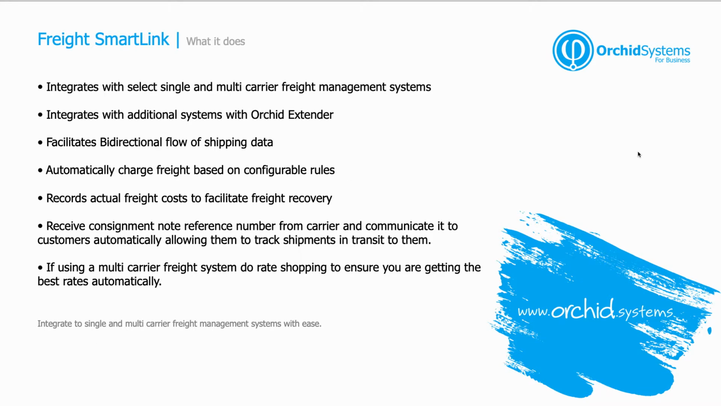Freight Smartlink integrates with select single and multi-carrier freight management systems, integrates with additional systems with Orchid Extender, facilitates bidirectional flow of shipping data, automatically charges freight based on configurable rules, records actual freight costs to facilitate freight recovery, and receives consignment note reference numbers from the carriers to communicate to customers, automatically allowing them to track shipments in transit to them. And if using a multi-carrier freight system you can do rate shopping to ensure you're getting the best rates